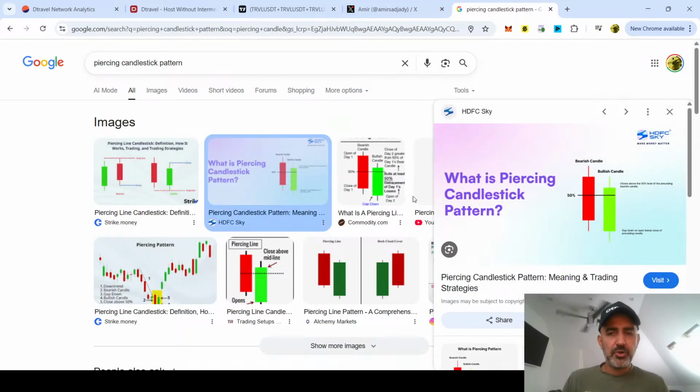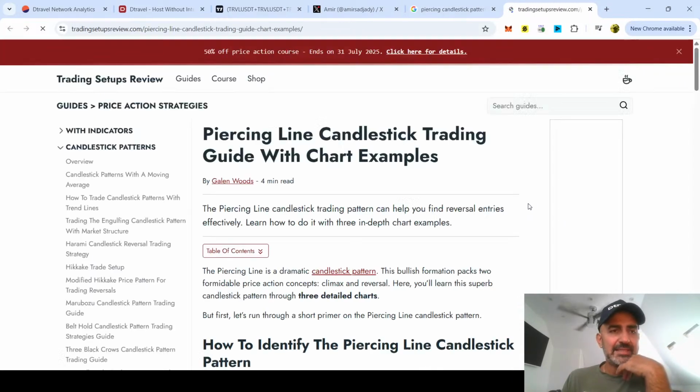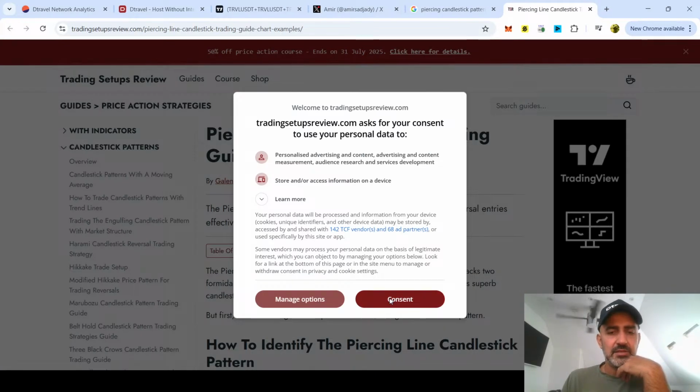What is a piercing candlestick pattern? This is in forex trading, so obviously in crypto it's slightly nuanced, but look, effectively you're closing above the 50% level of the previous red candle, and in stocks it opens lower, but obviously in crypto you don't get those gaps. So you don't get the same kind of idea,